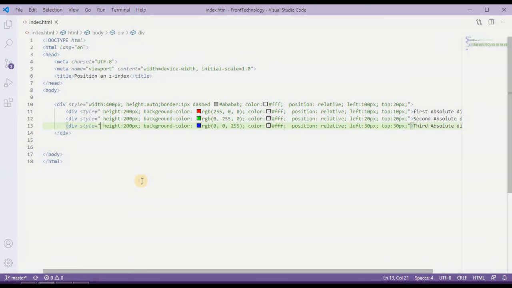In the last class, what we learned about was the positioning of HTML elements. Now in this class, we are going to learn something more interesting, which you may not have heard about before, but this is also an important part of front-end technology.